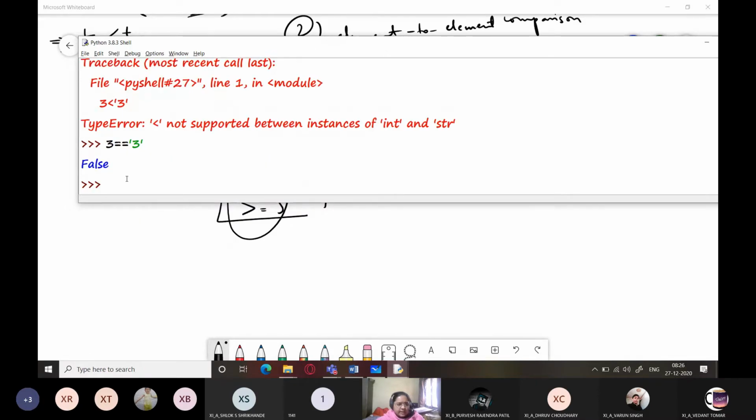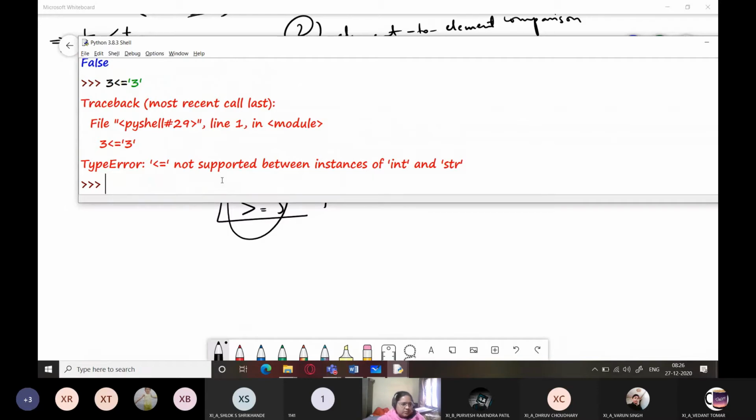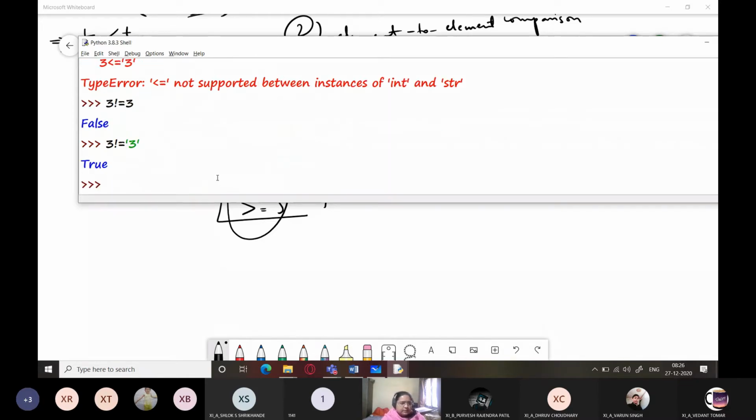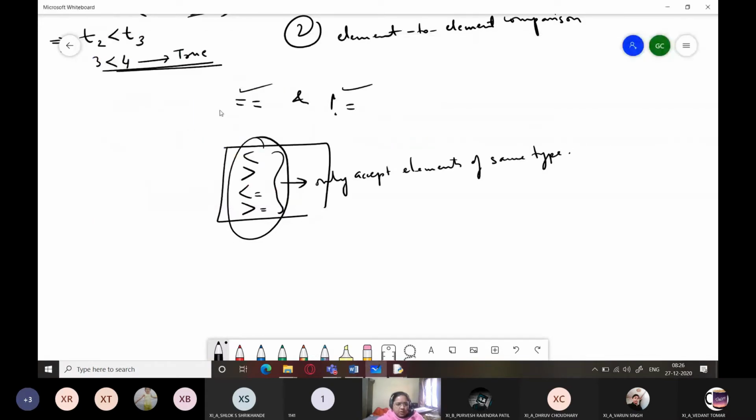The less than operator is rejected, but the equality operator is accepted here. 3 less than or equal to '3' is also not supported, but 3 not equal to '3' is supported. You can see it clearly over here. So these four operators only accept elements of the same type, and these two operators accept elements of different or same types, both.